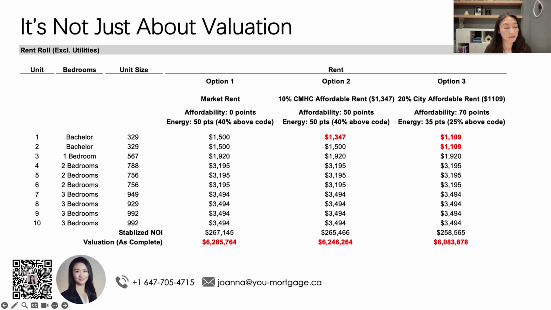It's a very small 10-unit development in the GTA, but the strategy works for bigger projects as well. For 10 units, you just multiply the numbers to 100 units or 200 units. This is a good example to show how the program works. So I'll take this very simple example: a good 10-unit apartment development in the GTA. I worked closely with the client from very early on.